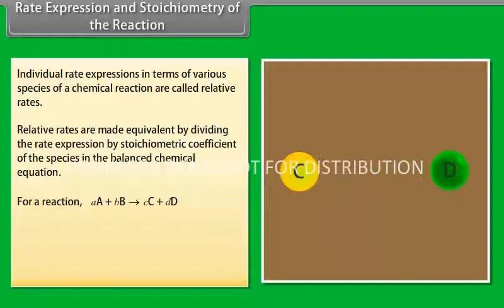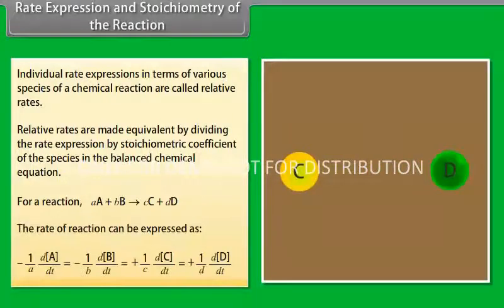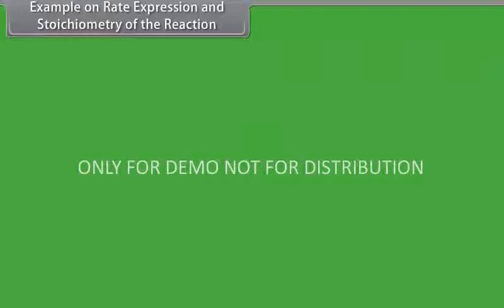For a reaction, small a, capital A, plus small b, capital B, makes small c, capital C, plus small d, capital D. The rate of a reaction can be expressed as